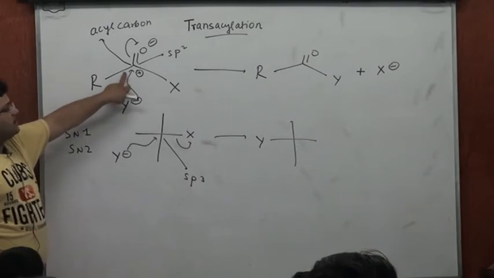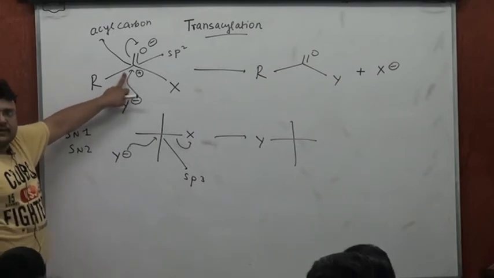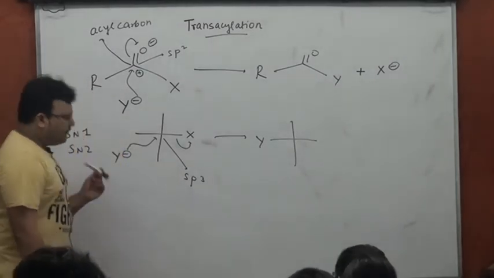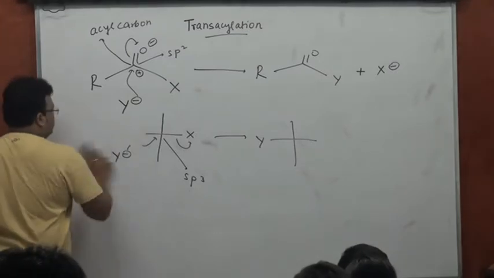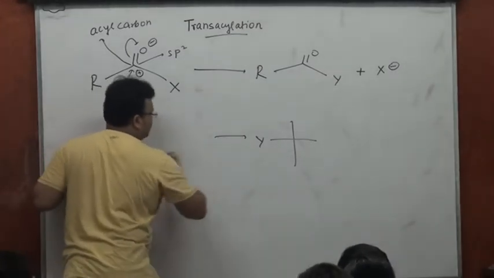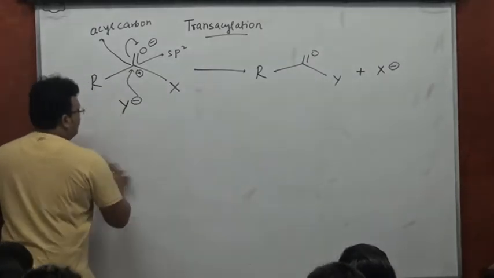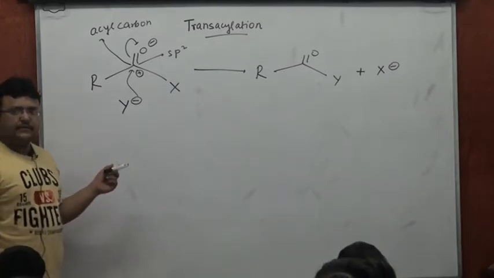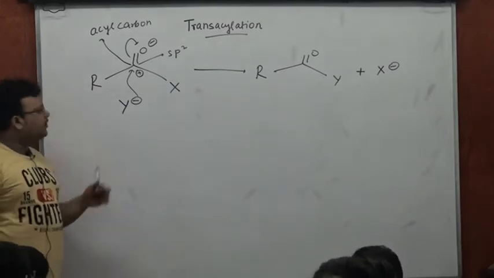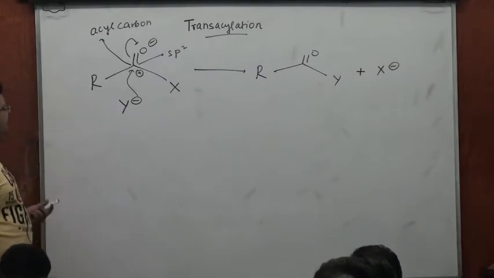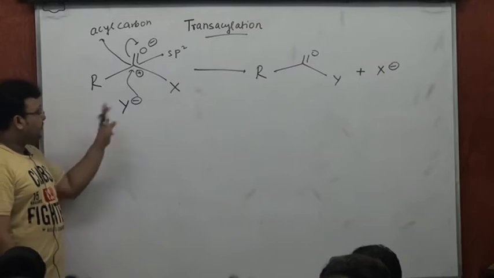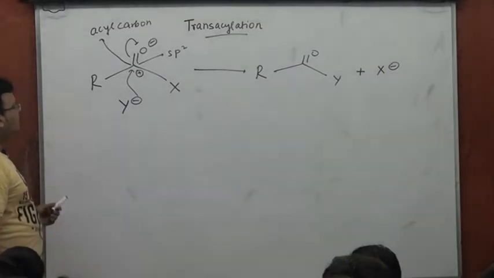sterically also, and certainly we've seen electronically, attack over an acyl carbon is going to be easier than over an alkyl carbon. Now if we are happy with the fact that transacylation is going to be more feasible than the corresponding SN1 SN2 kind of mechanism, still we'll want to explore the mechanism of transacylation, where yet again,